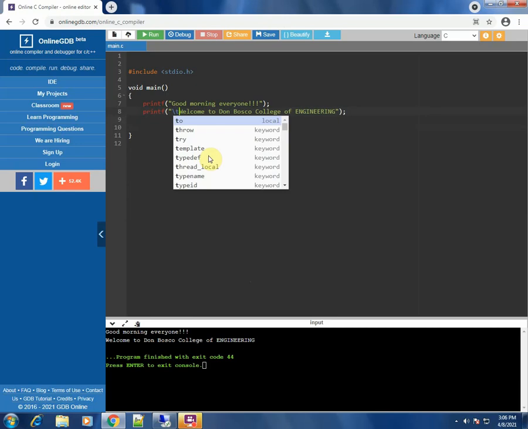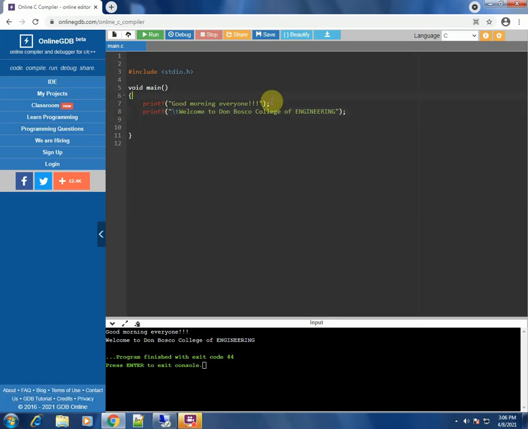What we mean by \t is tab. It represents a tab. So it just leaves a space of a tab and prints the output. So between the first line and the second line, there will be a space of a tab and both the sentences will be printed.